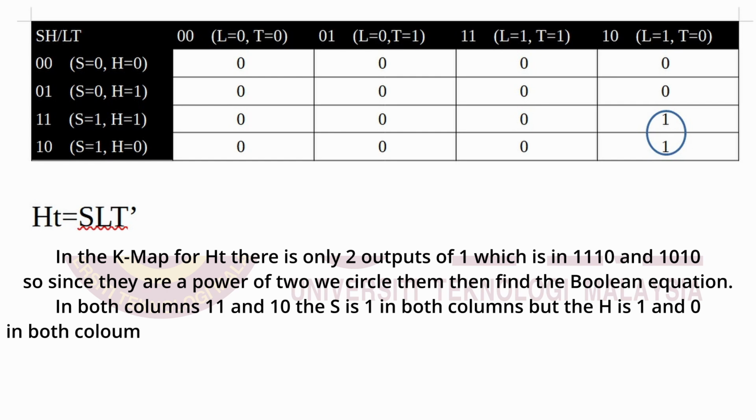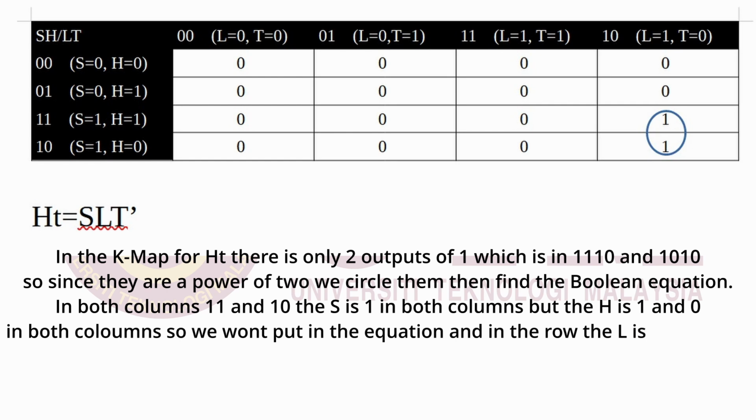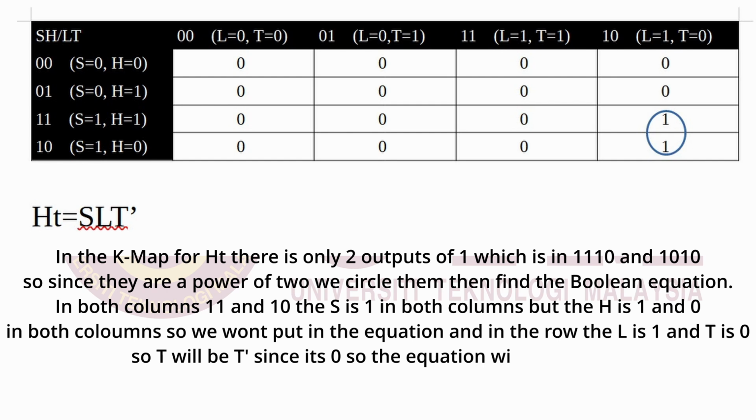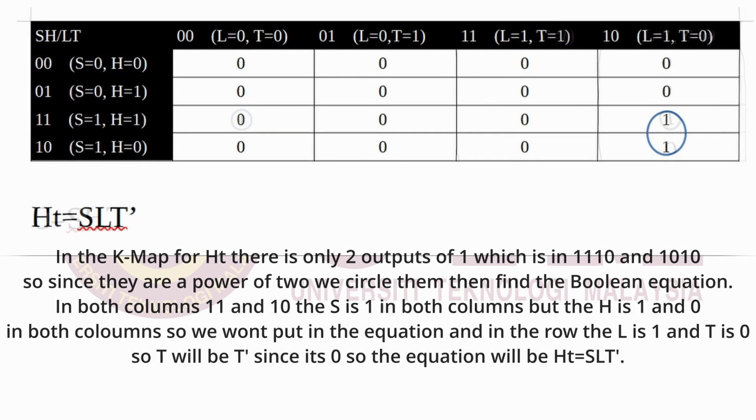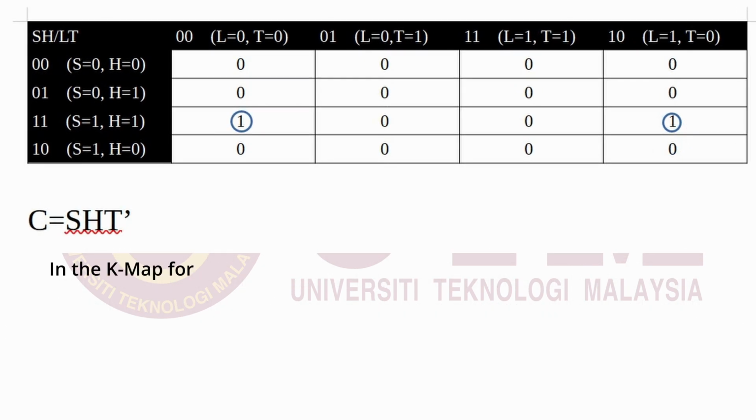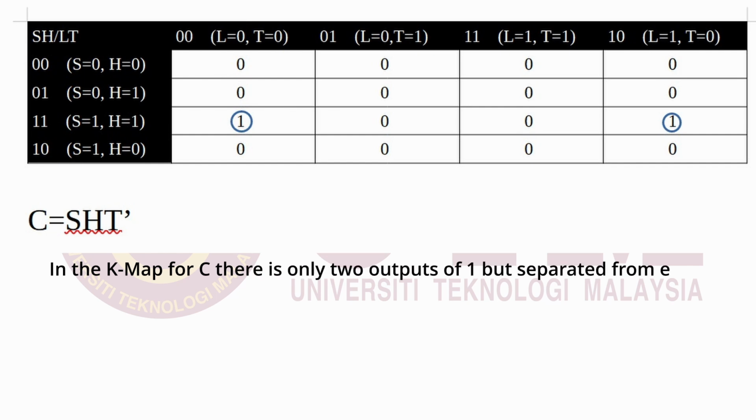So we won't put in the equation. And in the row, the L is 1 and T is 0. So T will be T bar since it's 0. So the equation will be HT equal SLT bar. In the K-map for C, there is only 2 outputs of 1, but separated from each other in 1100 and